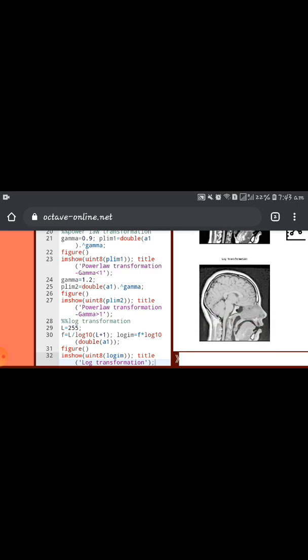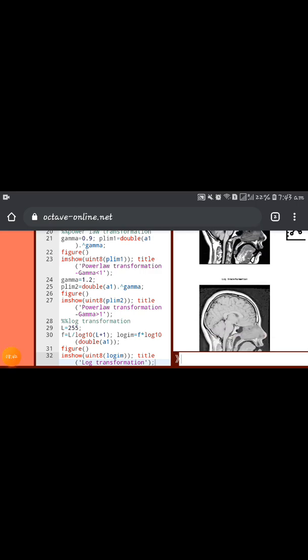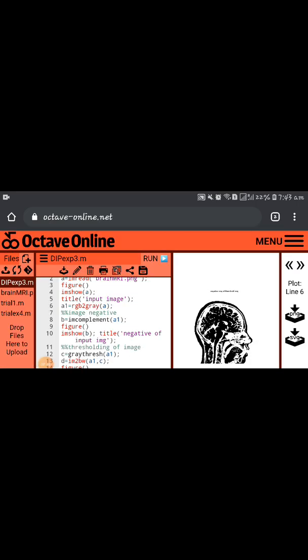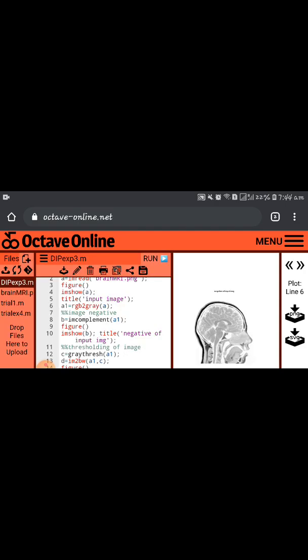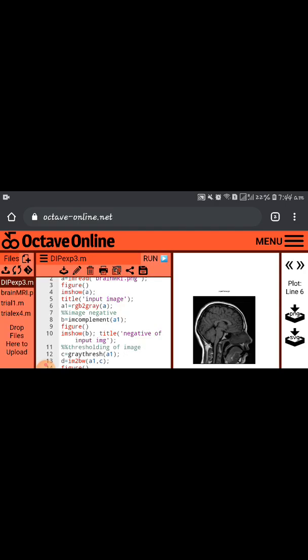So to save an image, click on that image. In the figure window you can see there is an arrow option. When I click on the right arrow, it moves to the right, and when I click on the left arrow, it moves to the first image. To save this image, go to the first image, and you have two formats on the right. You can see PNG and SVG.